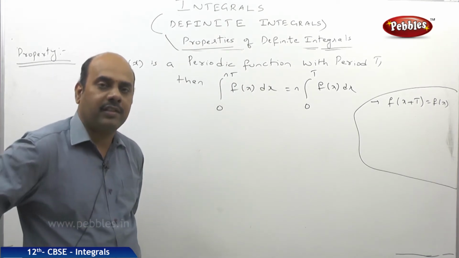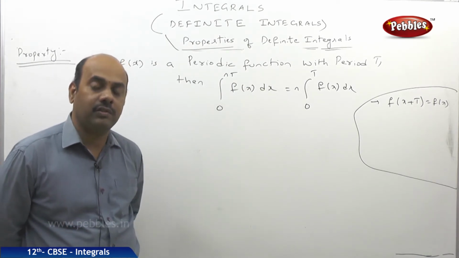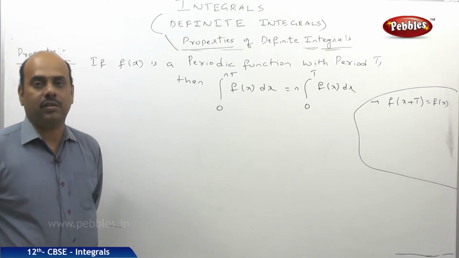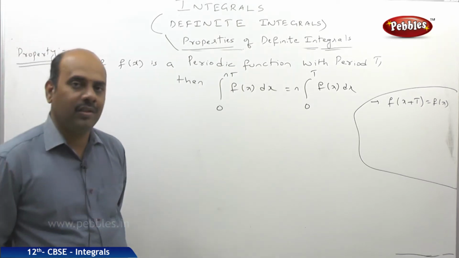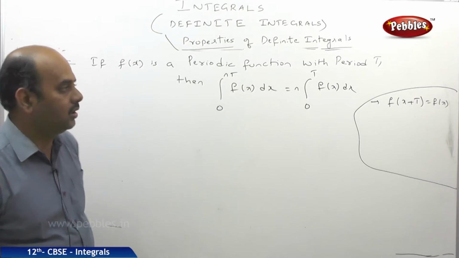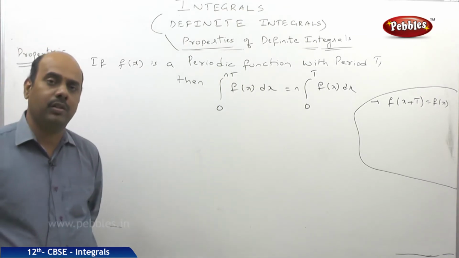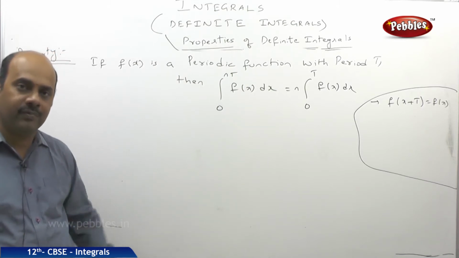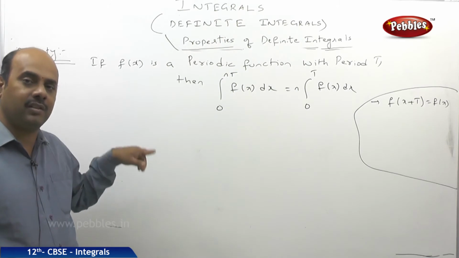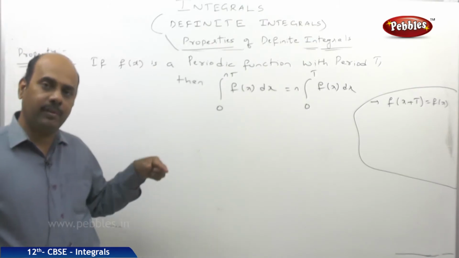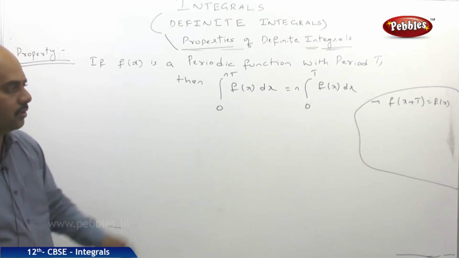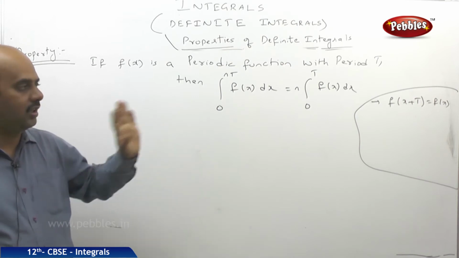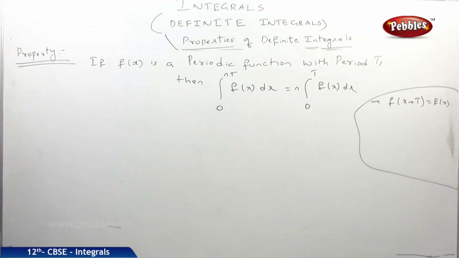For example, sin x is a function which is having period 2 pi. Cos x is a function which is having period 2 pi, and tan x is a function which is having period pi. In graphs also I taught how sin x will be having period 2 pi, how cos x will be having period 2 pi, and how tan x will be having period pi, because the shape of the graph will repeat for every interval of 2 pi. So that is the concept we had discussed. I just gave a brief glance about the periodic function.